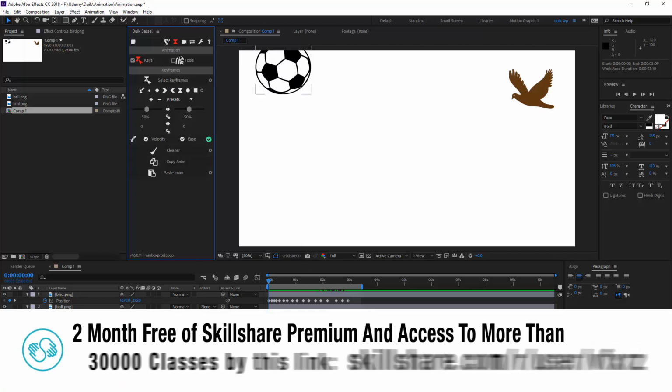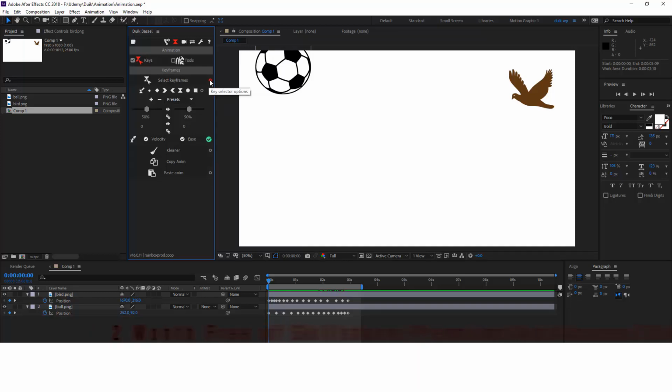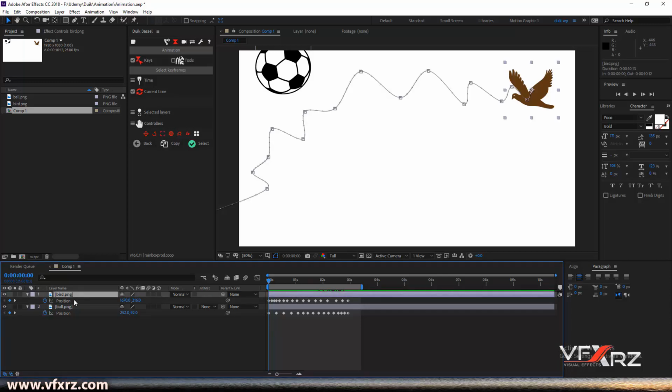For example, I want to select all keyframes in my composition. If you want to do that, first click on this key selector option. And after that, when you click on it, we have two options, time and range. If you click on the time, and here, selected layers, you should select that layer that you want, select that